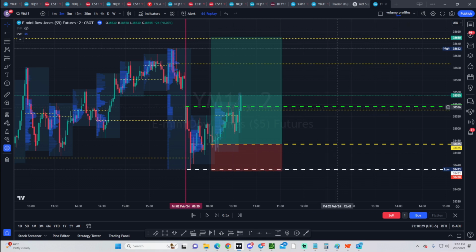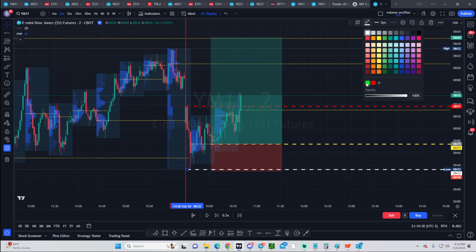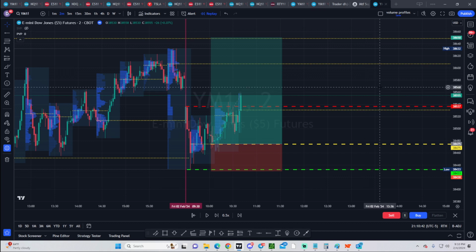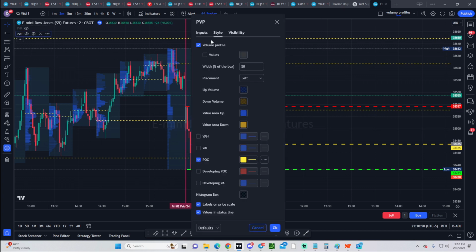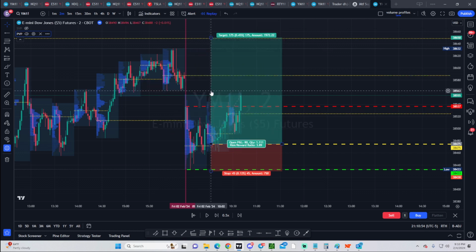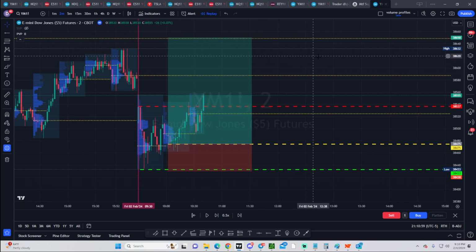Well, I should make this one red and this one green for the sake of consistency with support and resistance levels. So we're going to highlight that. Remember, this yellow line here is the entry from that particular naked POC. So let's figure out what could happen if this particular trade was to work